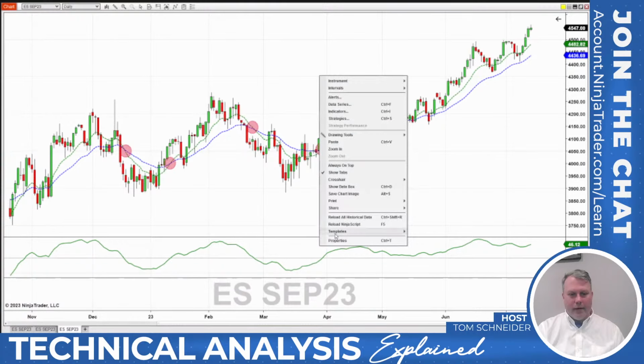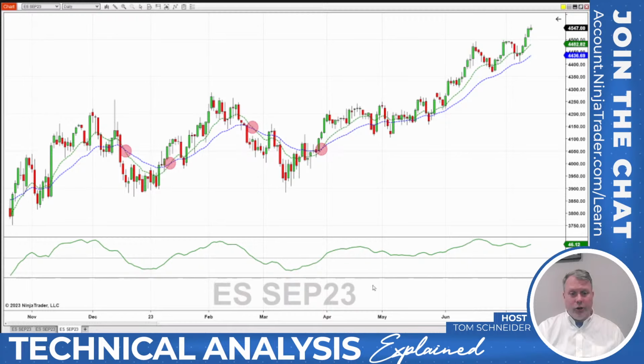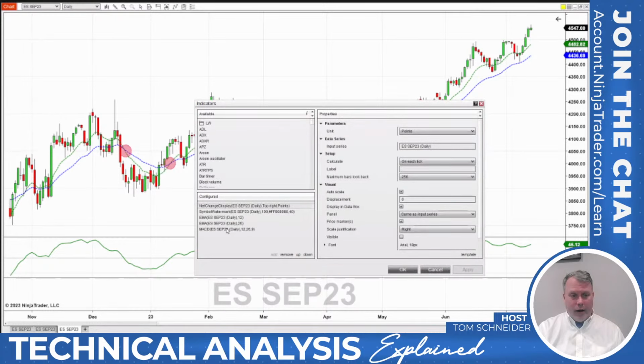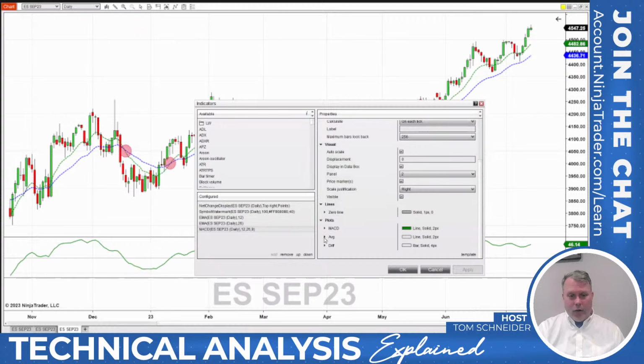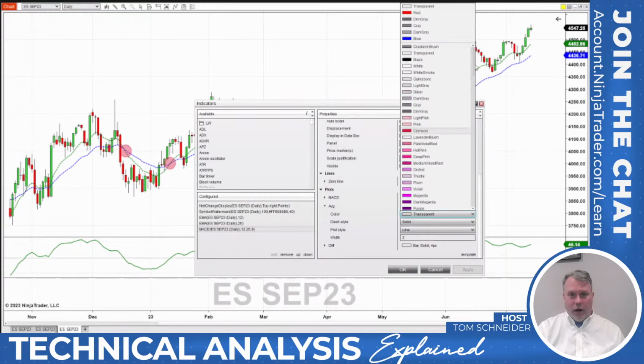Well, let's go back to the indicator. I'm going to show you the next part of that indicator by going to the MACD, and we'll change the signal line or the average line. I call it a signal line because that's what it's used for. It's really the average line. And I'm going to change this to a different color than what I see on top. I'm going to change it to red. We'll hit apply.